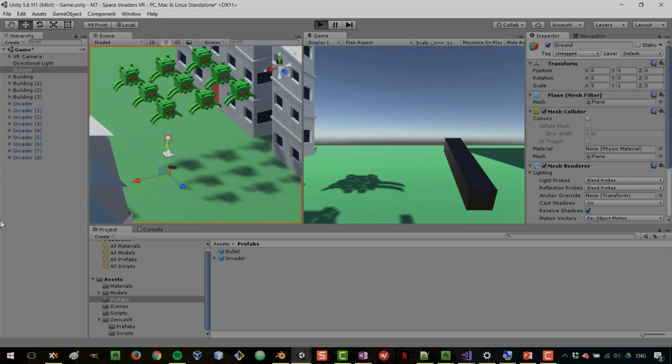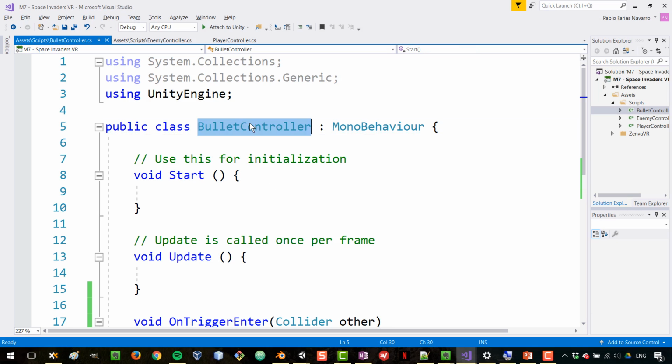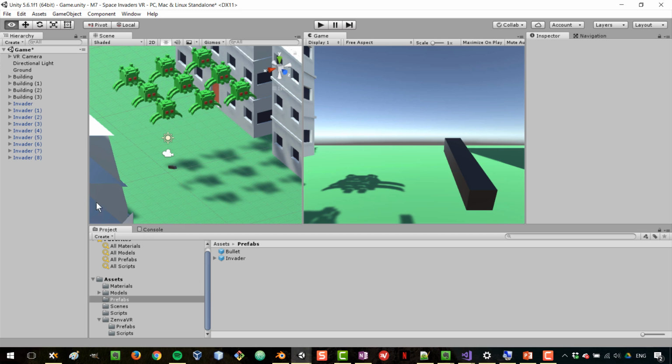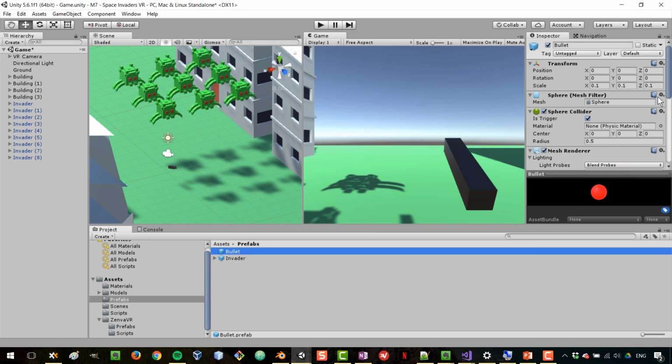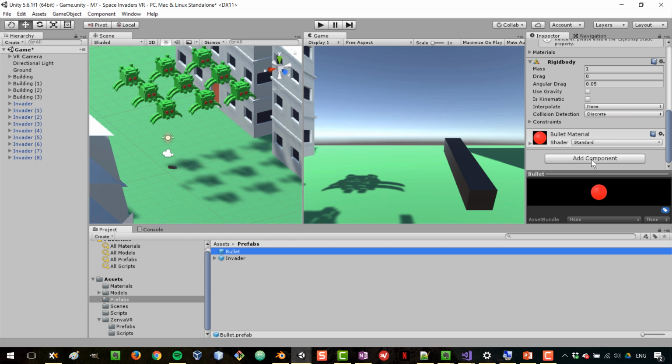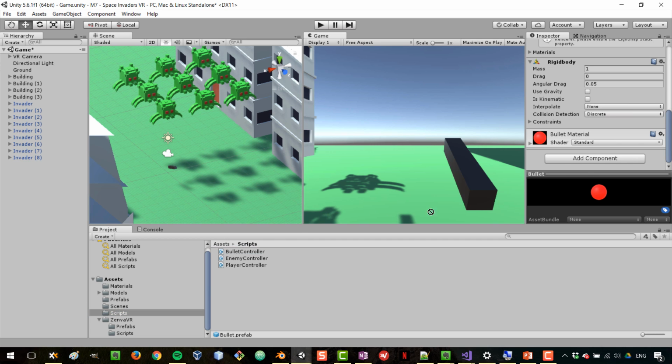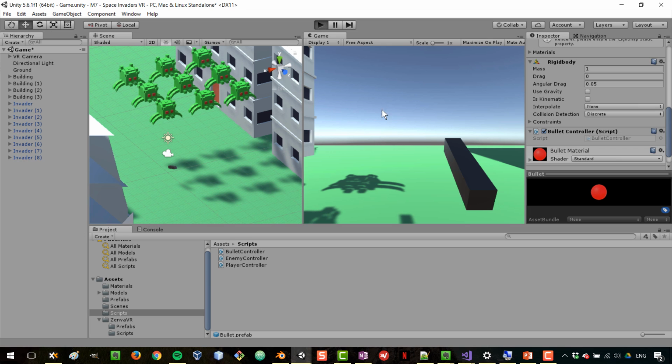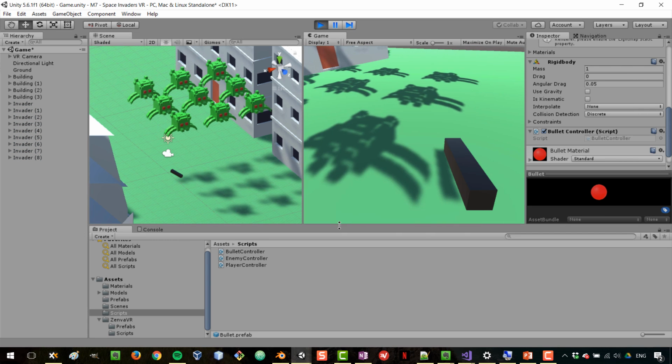So let's try again. Oh yeah, we didn't assign this to our bullet, so that was the problem. If we go now to our prefab, we should have added that component to our prefab. So we can drag our script to that prefab, and there it is. And if I press play now, and I start shooting bullets,